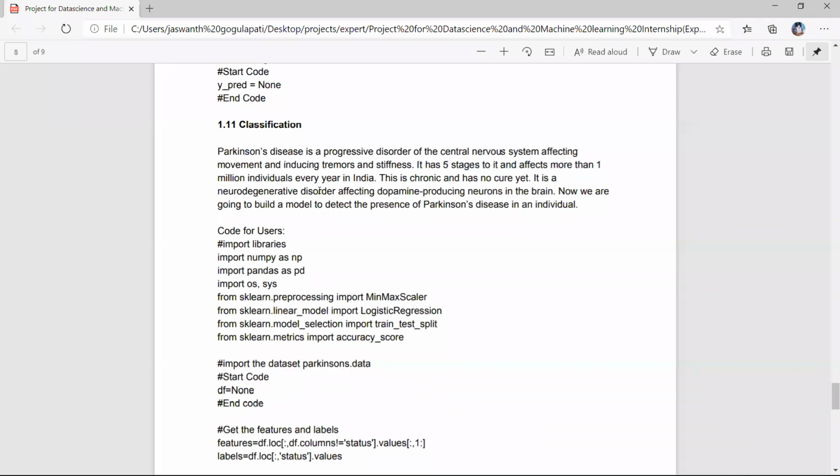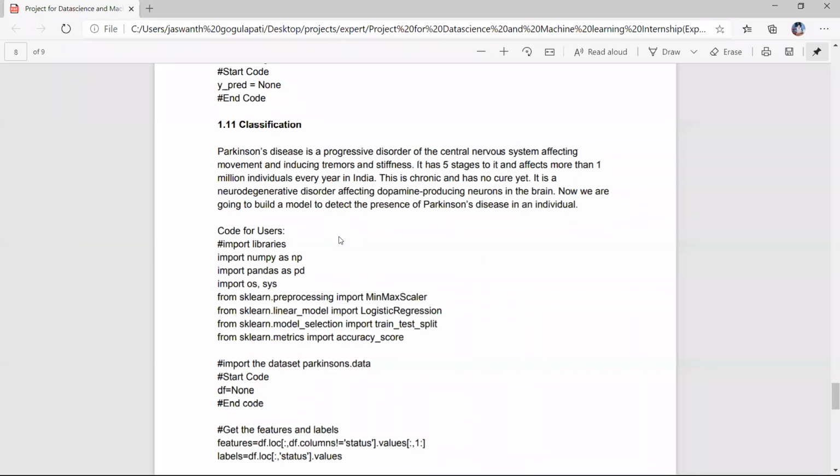So we make our machine learning model based on previous patients' records. We created a data set, and now we are going to build a machine learning model which will detect the Parkinson's disease of an individual when we give the values. What are the columns in the previous records? Suppose HNB column.